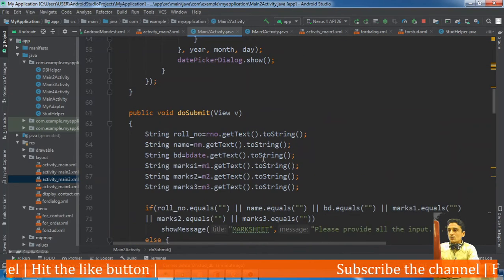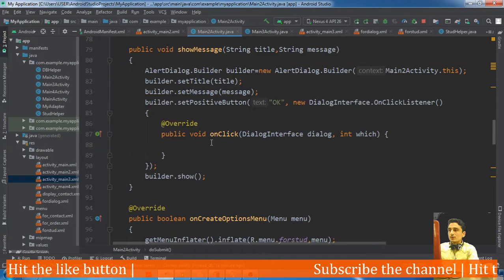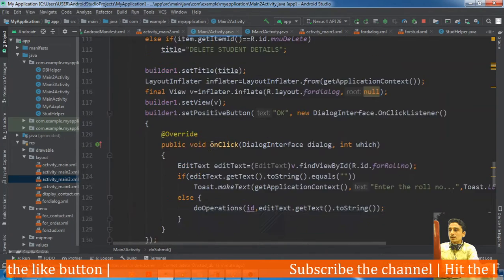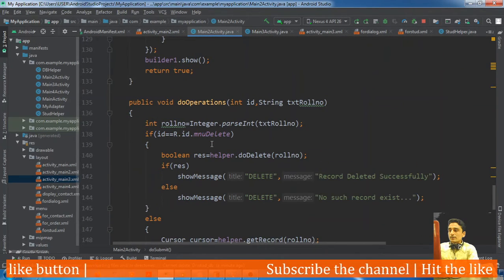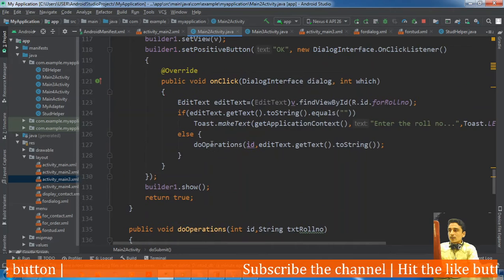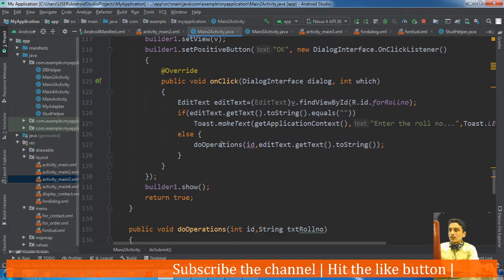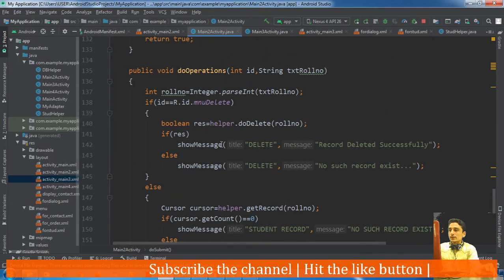Okay, so do submit, and for searching we have defined the method do operations. Okay, actually now do operations was not needed. Okay, but let it be, no problem.